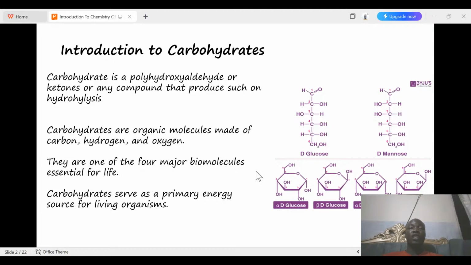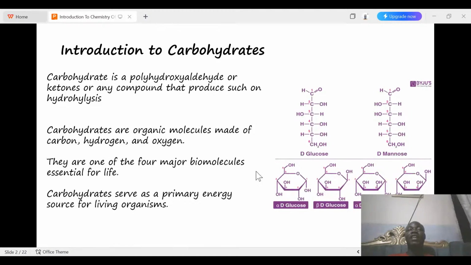Very importantly, we store this lipid in adipose tissue, from our breast cells. In our breast, we store it in the adipose tissue, that is the cell of the breast. We also store it in the testes and in the ovary. So these are the different parts where lipids are stored. We only use lipid as a source of energy when carbohydrate is exhausted.